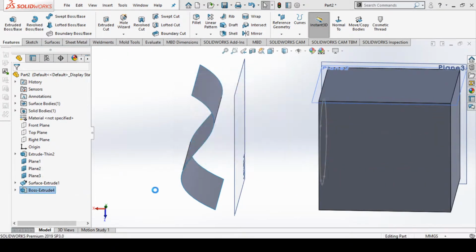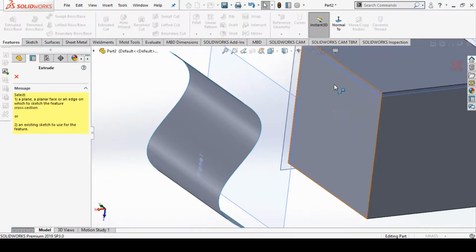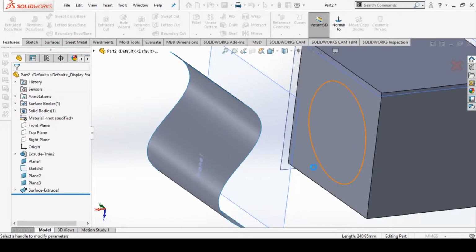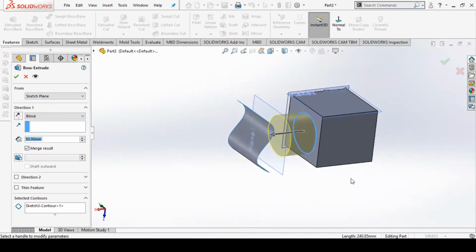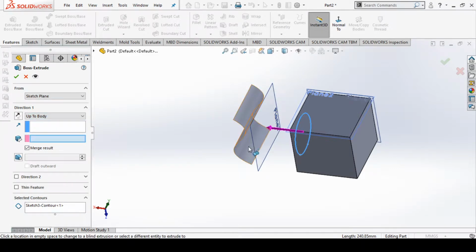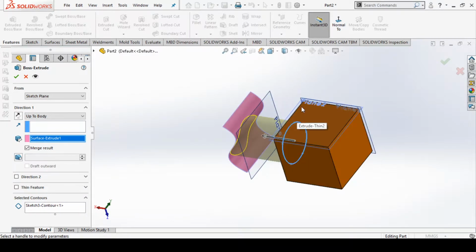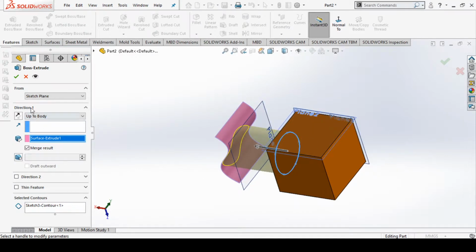Now again we'll create an extrusion of this sketch, and in this we can select up to body, and for direction 1 or direction 2, anything. So we can select this surface. The surface will act as a body, and we can create an extrusion.